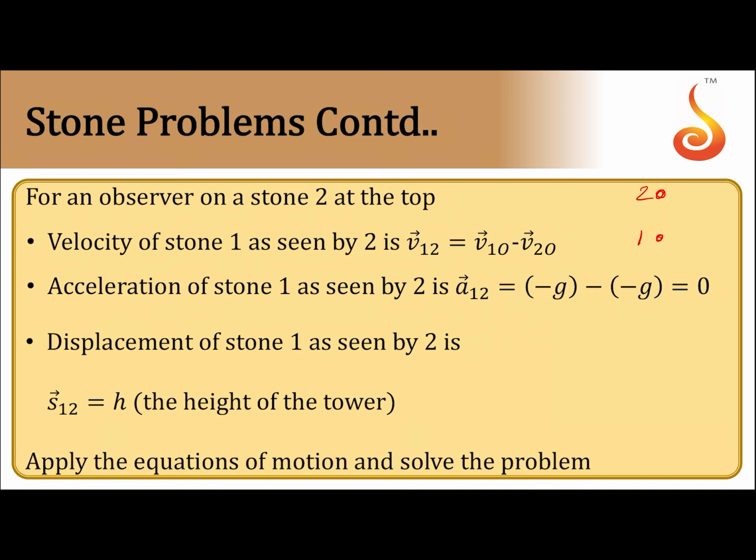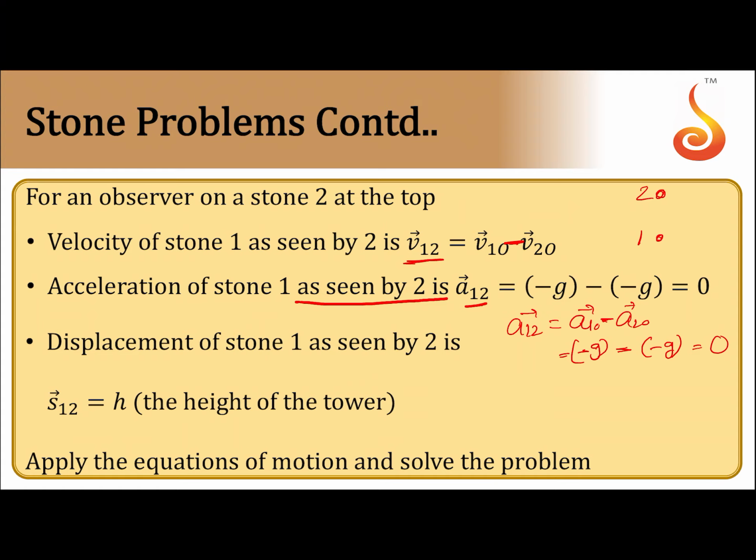Then for him, the velocity of stone 1 as seen by 2 is v12, which is v10 minus v20. Acceleration of 1 as seen by 2 is a12, which is a1 minus a2, and of course these are as seen by the ground observer. The acceleration of 1 as seen by the ground is minus g, and the acceleration of 2 is also minus g,